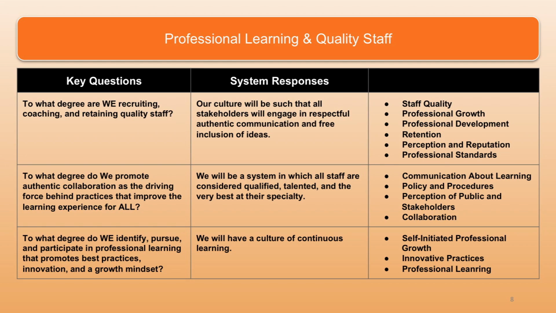An example from Pillar 2, professional learning and quality staff, key question being, to what degree are we recruiting, coaching, and retaining quality staff? System response being the desired outcome we want. Our culture will be such that all stakeholders will engage in respectful, authentic communication and free inclusion of ideas. Examples of indicators developed by the visioning panel are staff quality, professional growth, professional development and retention, perception of reputation,